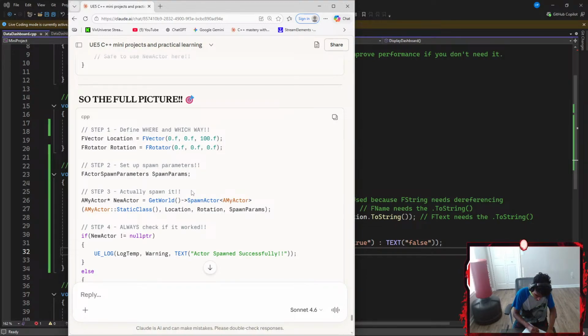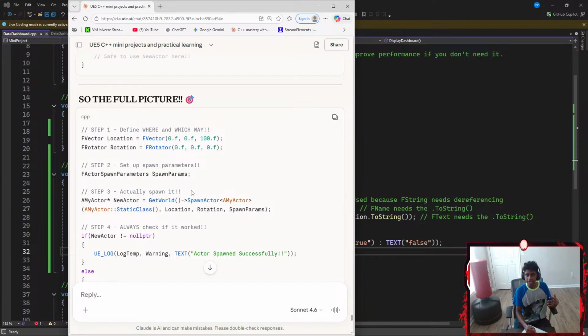I'm going to go with another comment that says something like step 3, which is going to be actually spawn it. Okay, now to actually spawn it, I'm going to go with something like my actor, which is going to be represented by a pointer called NewActor.